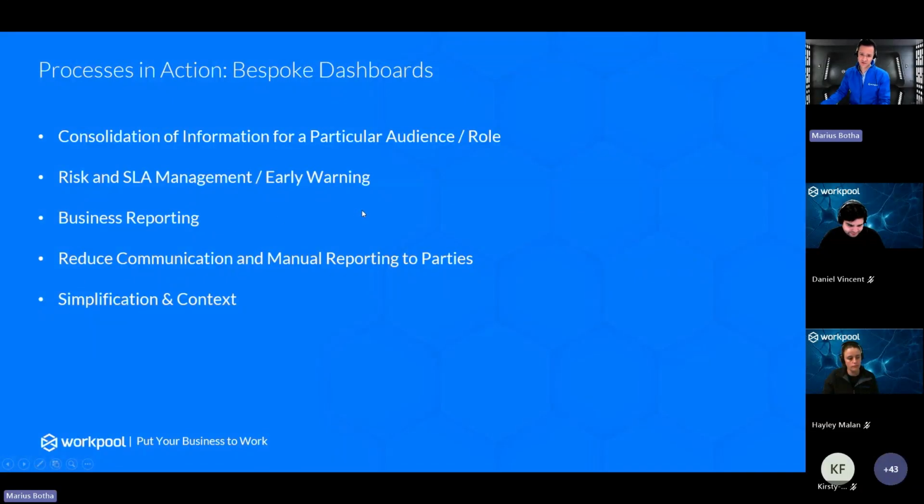So instead of getting the agent to have to extract, collate, compare, check, the report can do that work, and you can get the agent to then take action based on that information. It's also a way to give access to information and reduce communication. So if you have maybe external parties that you work with, you can give them a way to track and see what's going on without them needing to dive too deep or getting access to your WorkPool itself. And then just generally to simplify things and give context where possible. So quite useful for ops, for projects, and just generally